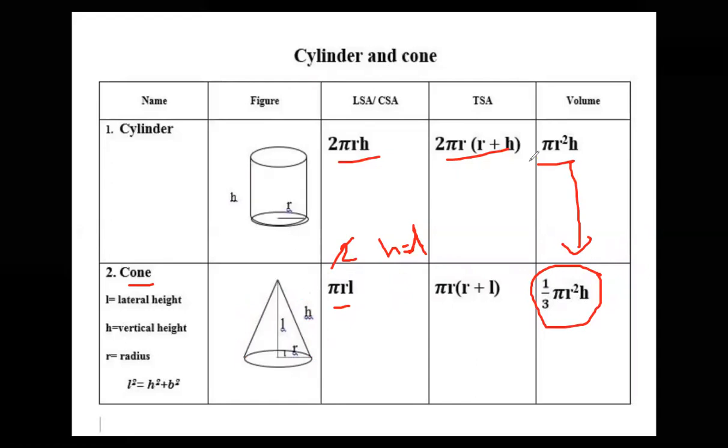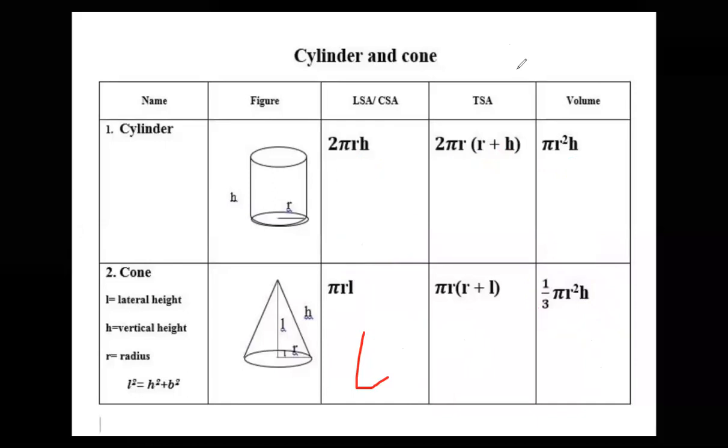Are you understanding or not? The volume of a cylinder is pi r square h. The volume of a cone is 1/3 pi r square h. So to memorize the surface area, remove 2 and instead of h, write l. That will be the formula of the cone. And in case of volume, we just add 1/3 in this way. If you make the note yourself, it will be easy to memorize. Is it okay? Did you memorize all the formulas or not?